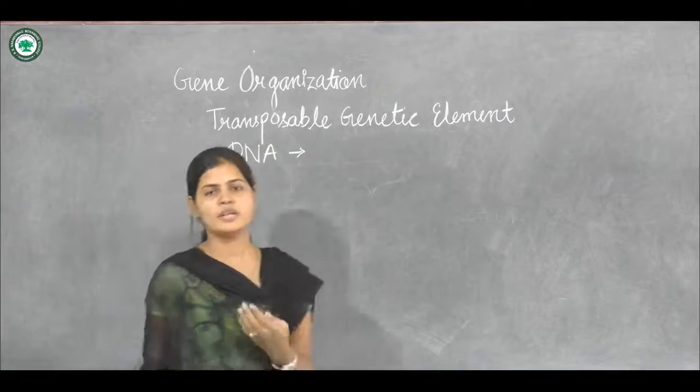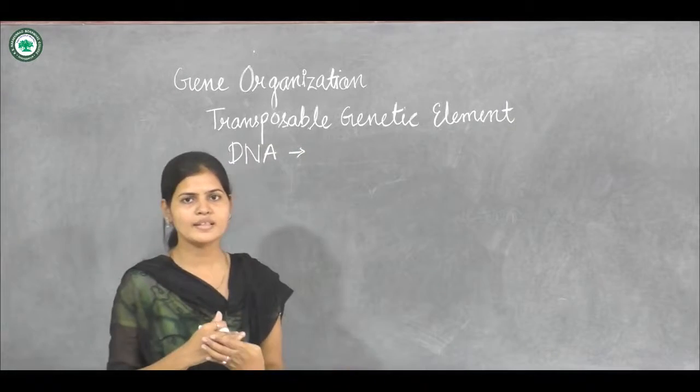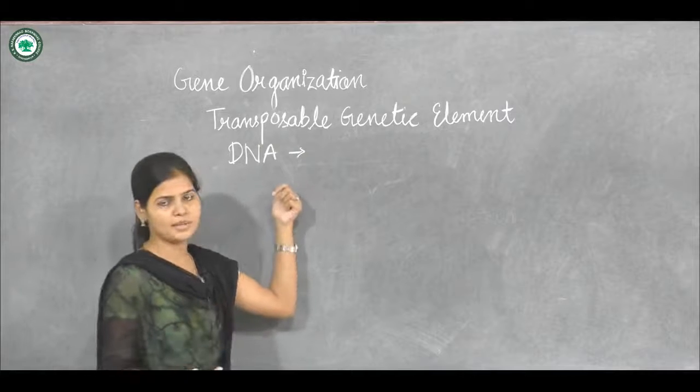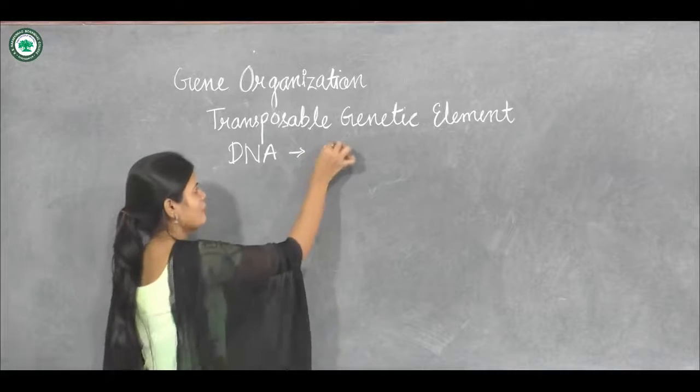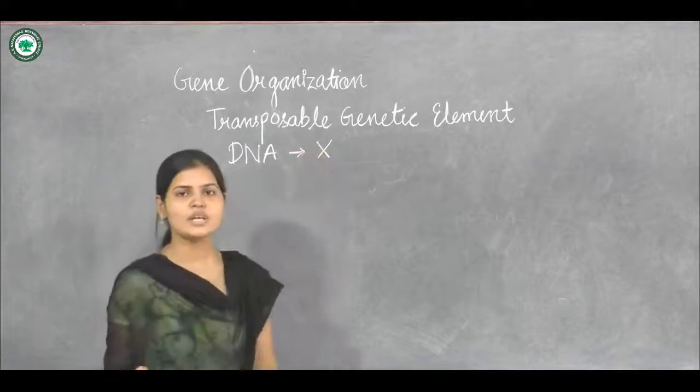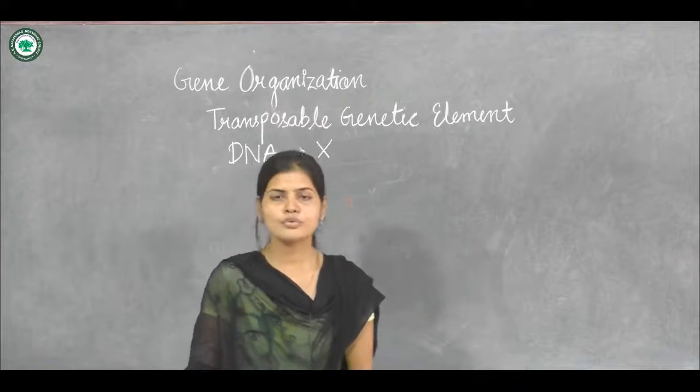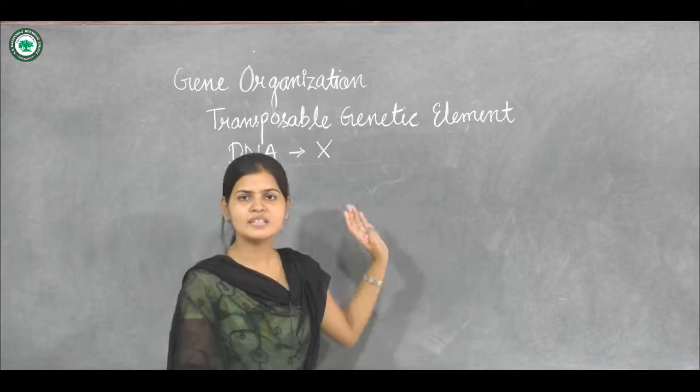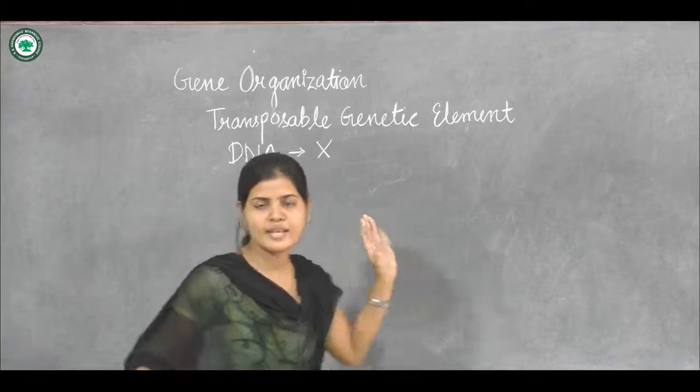The structure of DNA is stable, and it does not move from one place to another within the chromosome, but occupies a stable position, or we can say a fixed site,